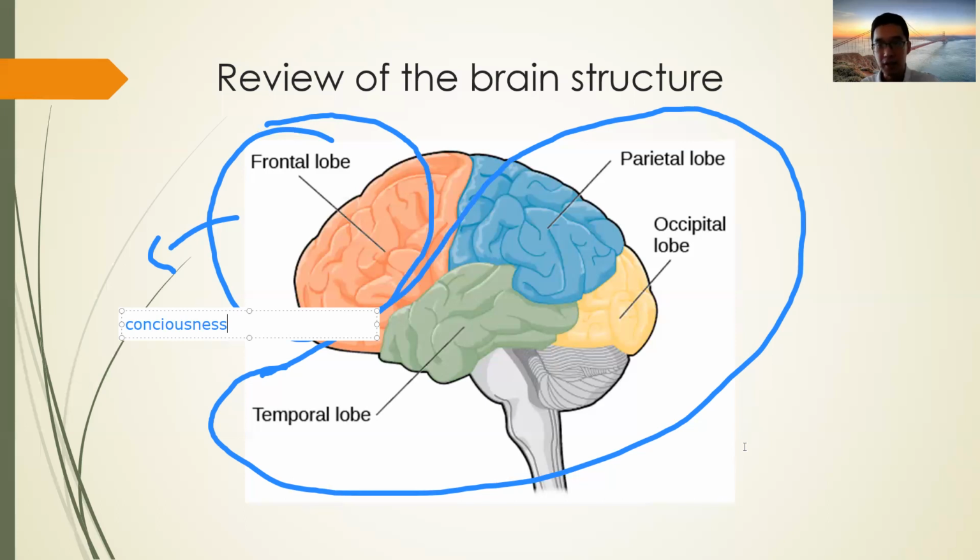But you can see that inside the brain, there are no sensory receptors. It means that the brain is not conscious of what is going on in other parts of the brain, except the frontal lobe. That is very interesting. We do not know how we process the visual information at all. We can see things, that's for sure. We can be conscious of what we see, but we are not conscious of how we see it.